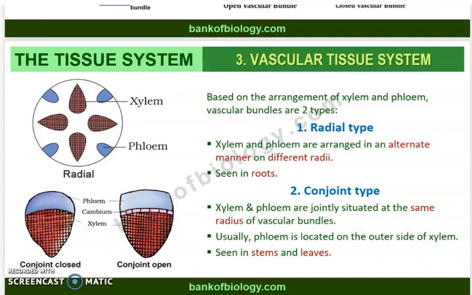Depending on that, vascular bundles are of two types, right? One is the radial type and the other one is the conjoint type. Okay, so radial type vascular bundle and conjoint type vascular bundle, right? Now let us see about the radial and the conjoint type vascular